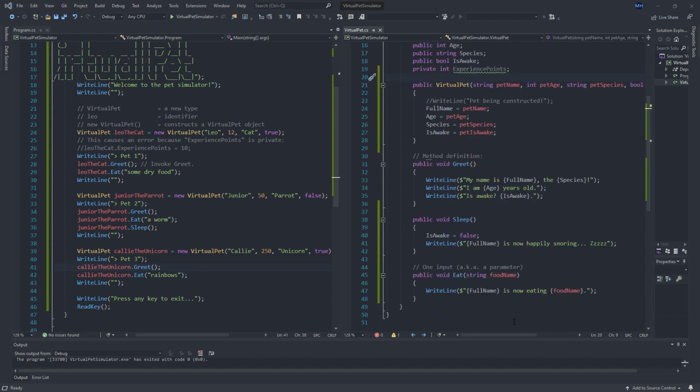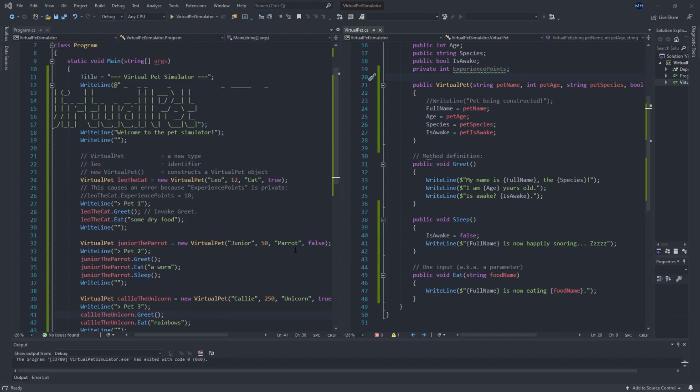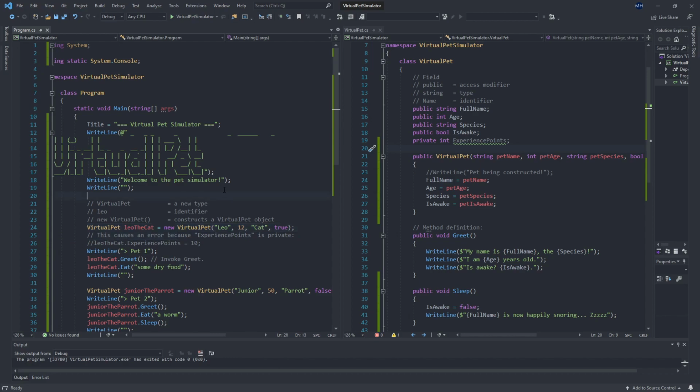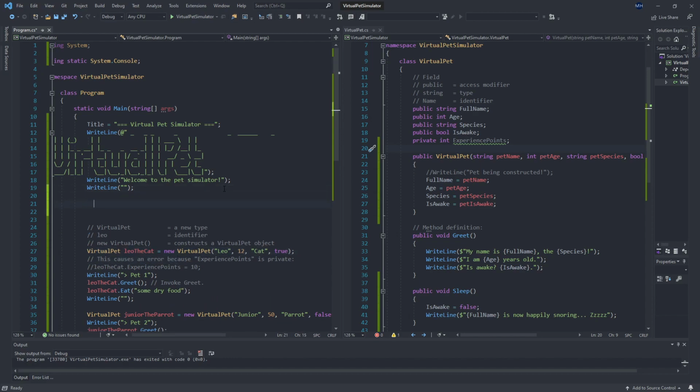So you can imagine if we wanted to create a whole zoo game, that this virtual pet class would enable us to create a lot of different creatures without having to write a whole lot of different pieces of code. Because if you imagine us approaching this naively without thinking about classes, and I wanted to create a whole bunch of pets, I would have all of these